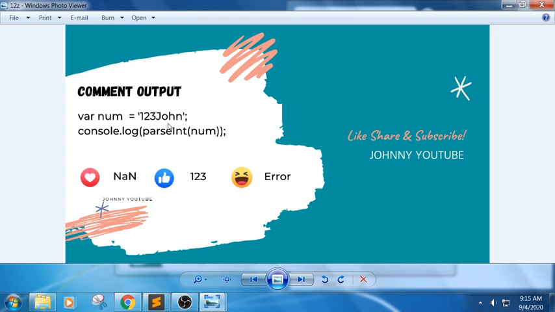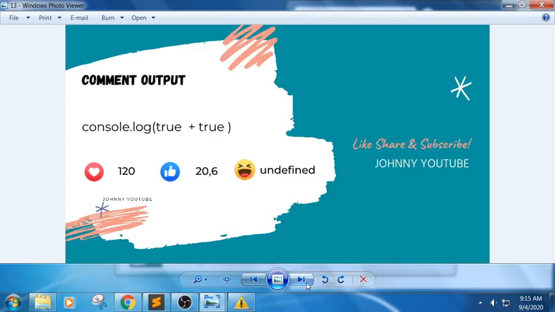What is this output? What output will you get? Whenever you use parseInt, it will return the first integer value. So the answer would be 123. True indicates 1. 1 plus 1. So is there any option matching with this statement? No. The answer would be 1 plus 1, which is 2 here.